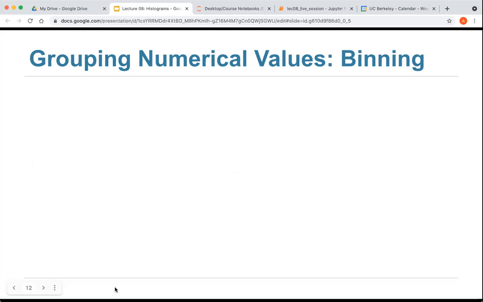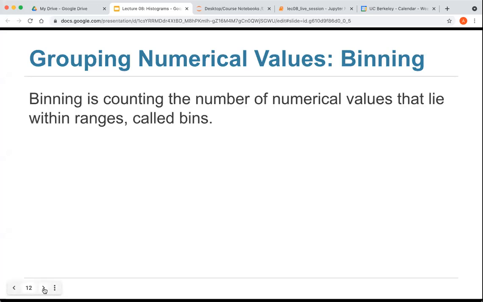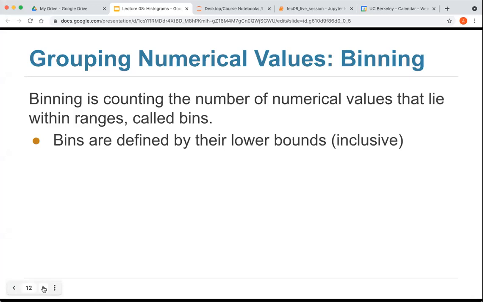And that kind of grouping, when you take your numerical values and you group, that is traditionally called binning. And so, you've seen, if you have exam scores from 0 to 100, there is a very traditional binning, 0 to 10, then in tens. But somebody made that decision. They didn't have to make that decision, but that's a decision that has to be made. And so binning is just counting how many of the individuals were in each of the ranges. And the ranges are called bins. Okay, so a bin is an interval.